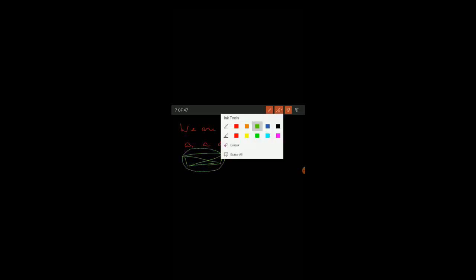So it's not looking good though, but we can use it this way. You can take some other colors from here and just make your presentation like this, and you can erase all these things at one go by clicking this option.